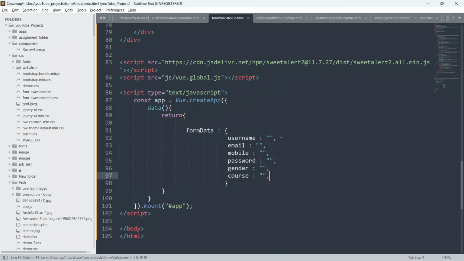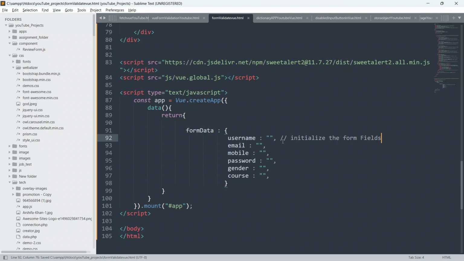Guys, now I will write the comment for you, so that it gives you the idea, some kind of hint to get the code. Initialize the form fields.